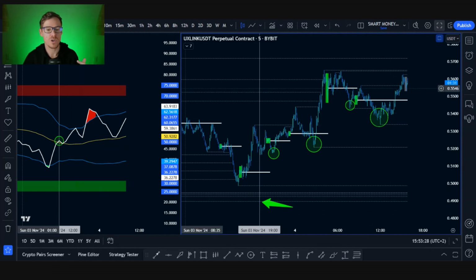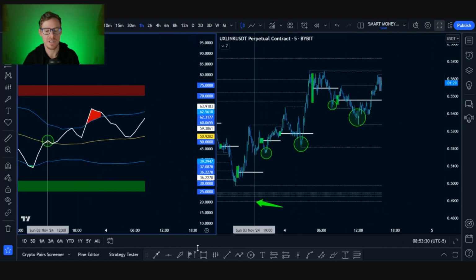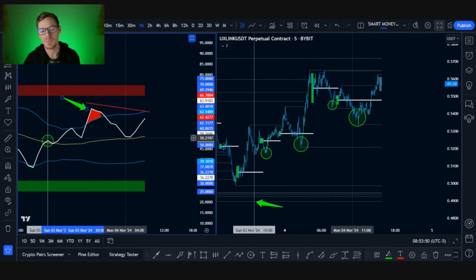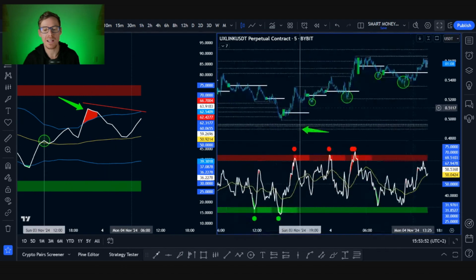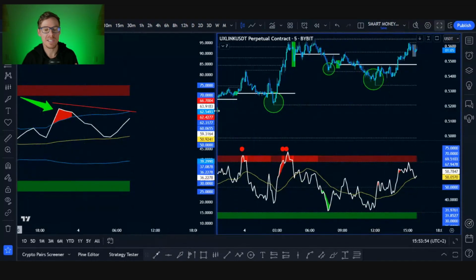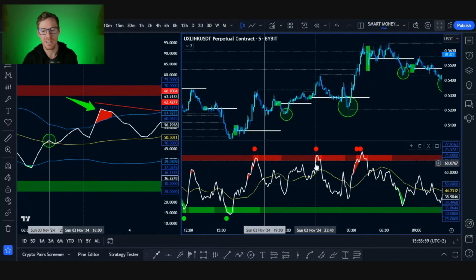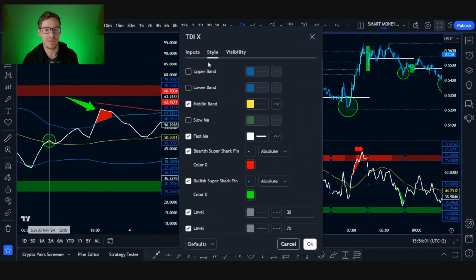So then what you want to look for is divergences. So since we're in a long position here, we want to look for a bearish divergence to happen on the 1 hour, because a bearish divergence could let us know that price is going to reverse. Or what we can do is, when we can see on the higher time frame bias that we're getting a shark fin, this could be a place where there will be a retracement back down. And this is why it's nice to use both of the TDI X's, one on the higher time frame and one on the lower time frame, because you'll see if I put on these Bollinger Bands over here,